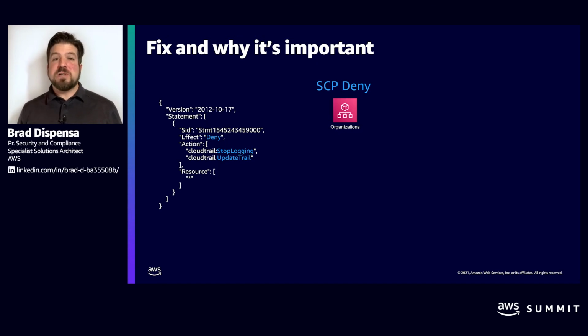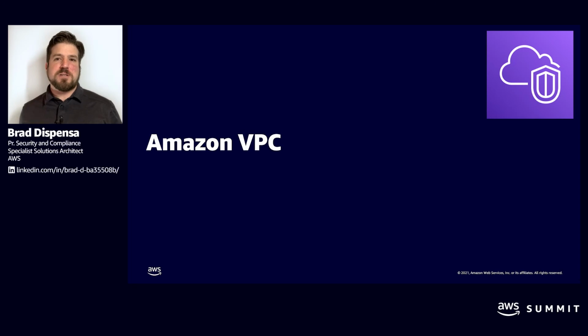That doesn't mean that you still can't alert on the event failure. You can. In CloudWatch, you can create specific alerts that will tell you when a deny has gone through. But nonetheless, if we want to make sure that it's simply something that's not possible, again, even by the root principal in the account, create an SCP deny for those sensitive operations.